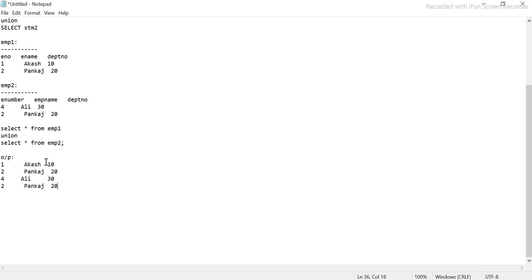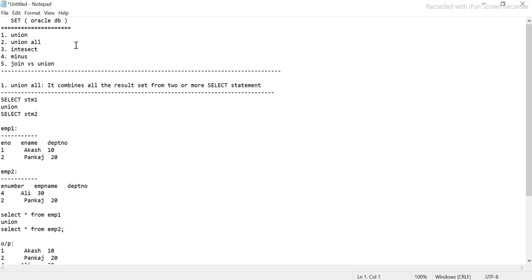So when I say union all, if there is a duplicate record, however many times it is duplicated, everything will come here. You see the duplicate, right? The employee number 2 is duplicate, but this is how union all will give it to you. It will give you all the rows, which means there will be 4 rows, 2 from here and 2 from here. Hope you are able to understand union and union all. This is the only difference, guys. There is no other difference.